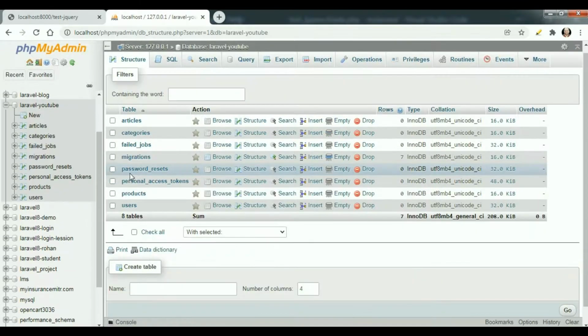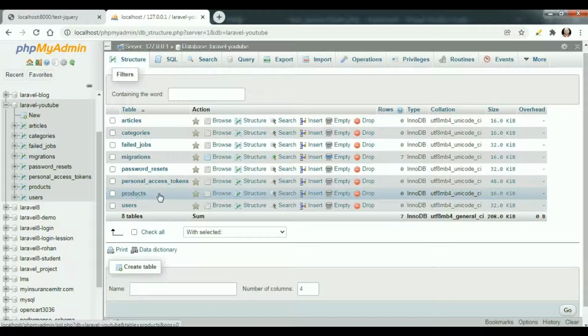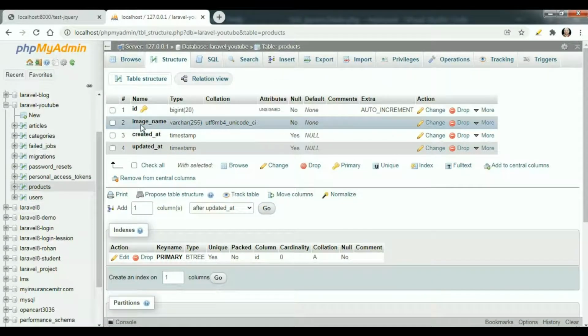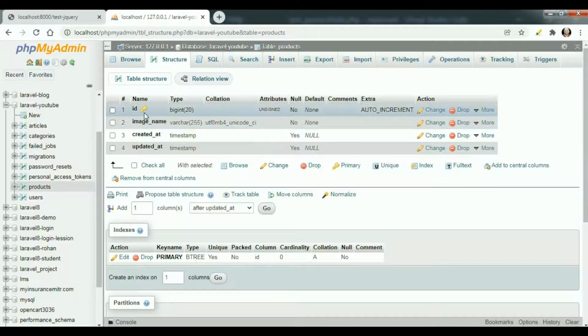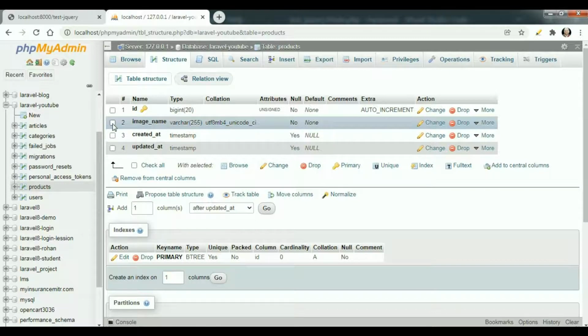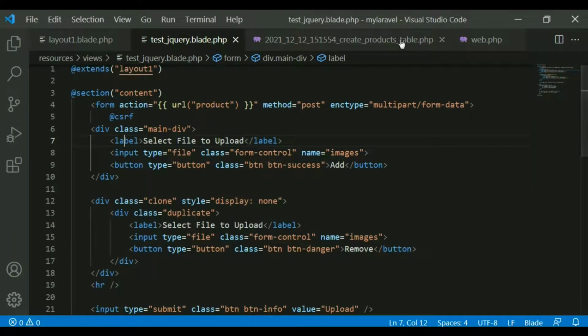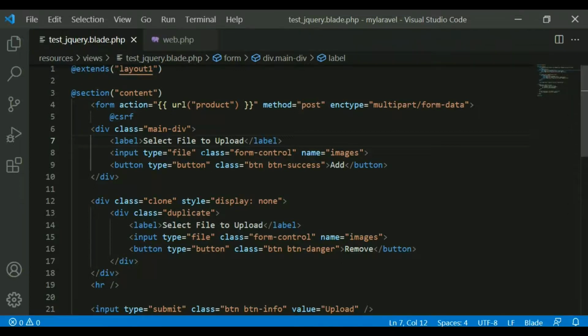now you see in my database a products table has been created by my migration, and the structure is this: image_name, ID, created_at and updated_at. In this particular field, I want to save the uploaded file names. So that's it. This table is completely blank right now. Now the migration file is over, and what I have to do is open